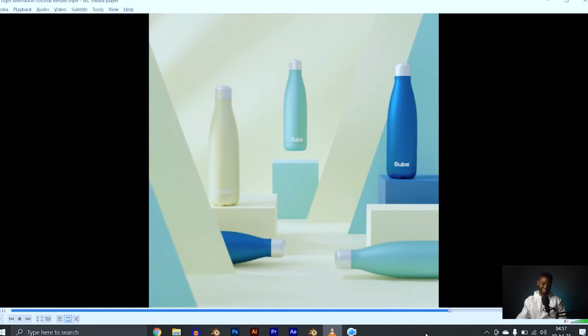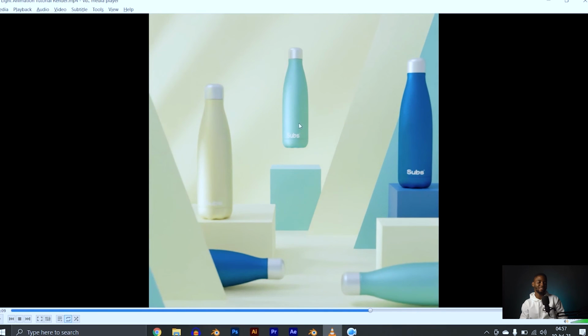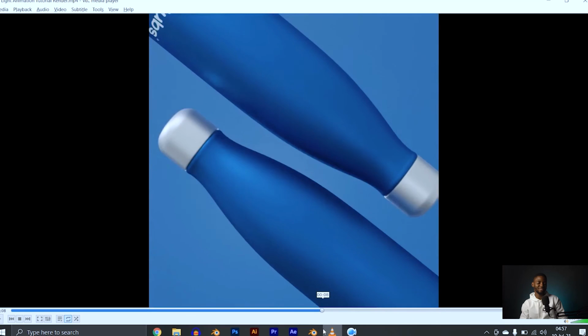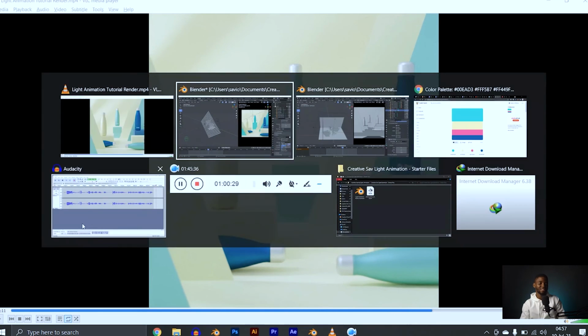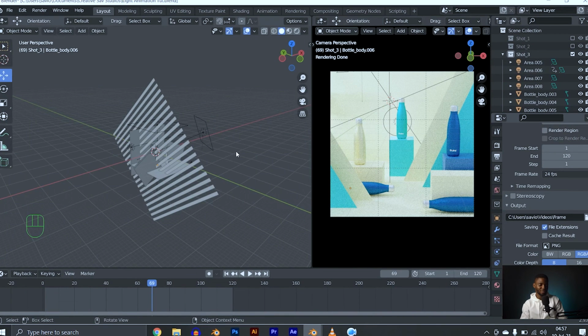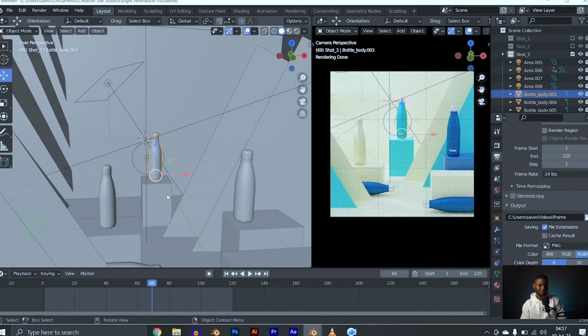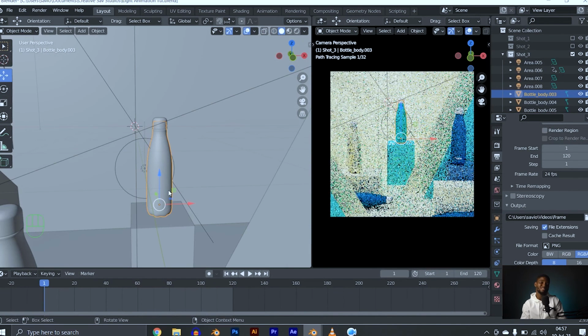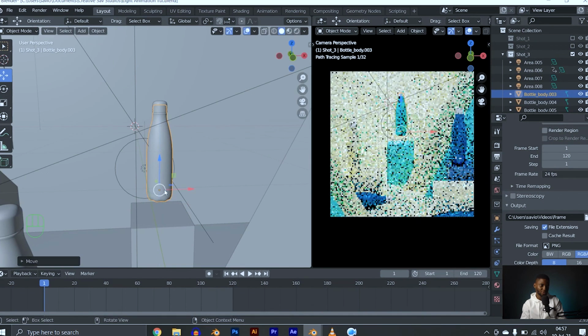Oh, one last thing. Before I forget, one last thing. I made this bottle bounce. I made it go up and down. Yeah, that was the last touch I added just to spice things up. Let's do that now. Why not? Very, very easy. Nothing special about it. I didn't do any special thing in the graph editor this time, so it was pretty easy. Just keyframing,